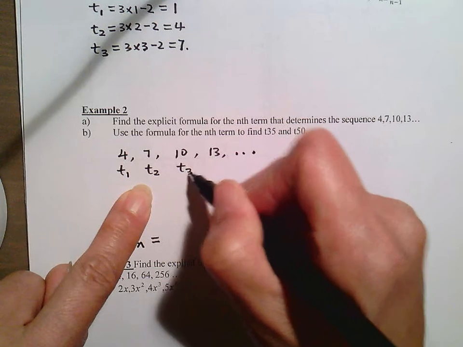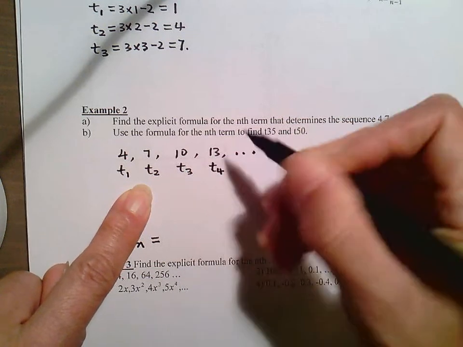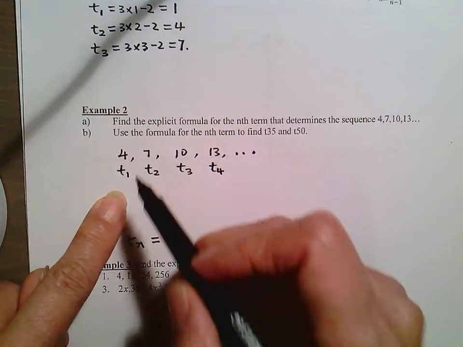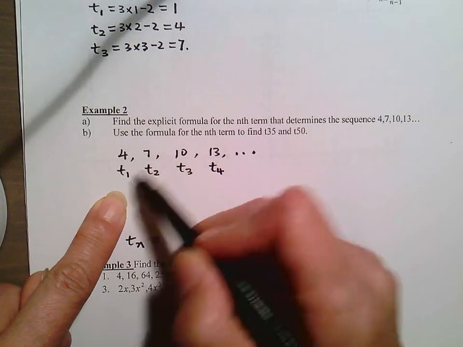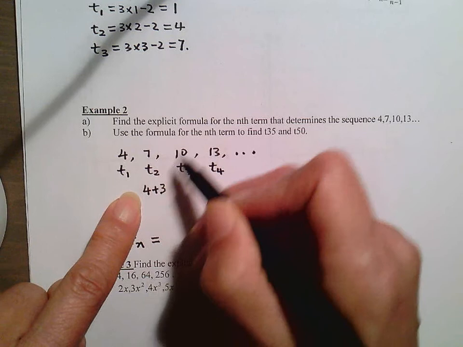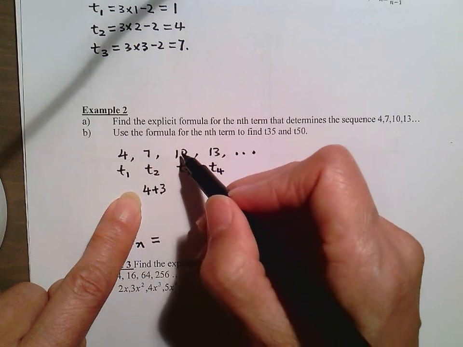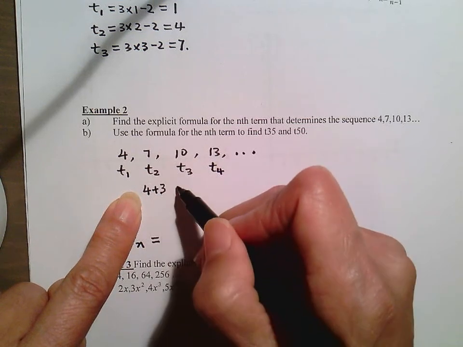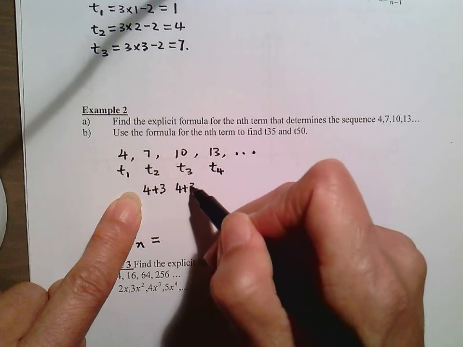The third term is 10. The fourth term is 13. Now, can you see that 4 is your first term, right? 7 is actually 4 plus 3. 10 is actually 7 plus 3. Therefore, 7 is 4 plus 3. It's 4 plus 2